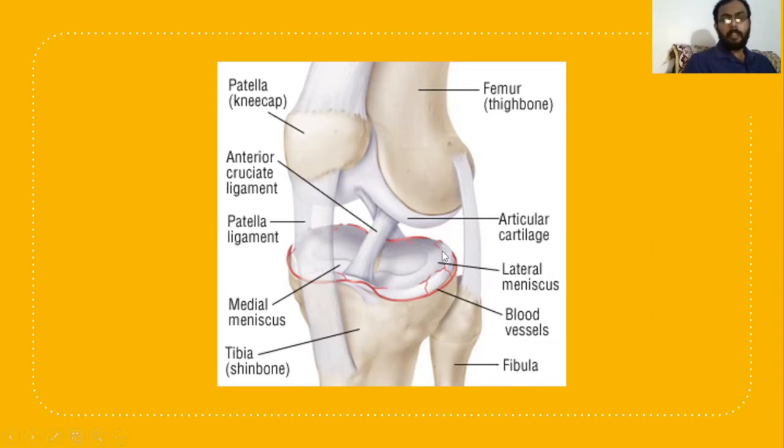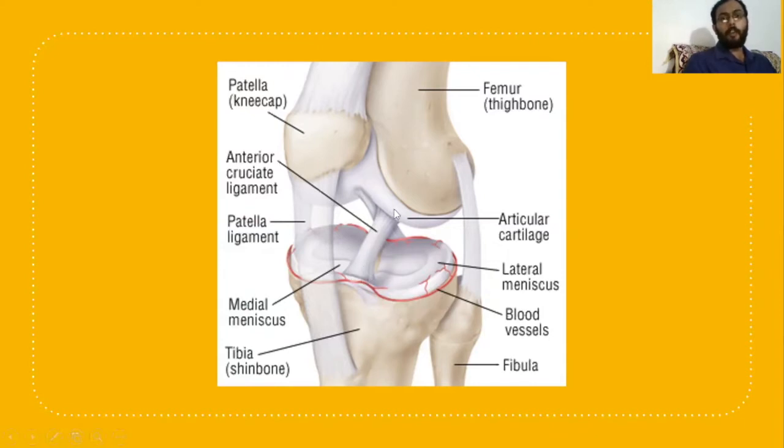Regarding the meniscus, the meniscus absorbs shock. It is attached to the tibia. The medial meniscus is firmly attached to the tibia, while the lateral meniscus is loosely attached and has more movement. The periphery of both menisci is vascular, but the body of both menisci is avascular, so whenever a tear occurs in the body of the meniscus, it won't heal, but the periphery of the meniscus is vascular and healing is possible.